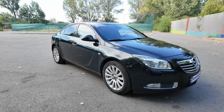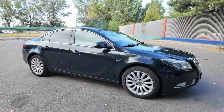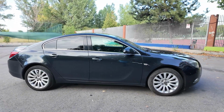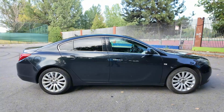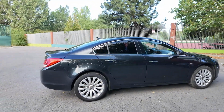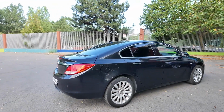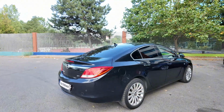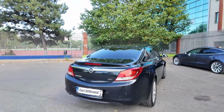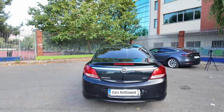This is the exterior of the car, the Insignia model from 2011. As I said, it's got a 2-liter diesel engine with 130 horsepower and 300 Newton meters, coupled with a manual gearbox, with a curb weight of around 1,600 kilograms,